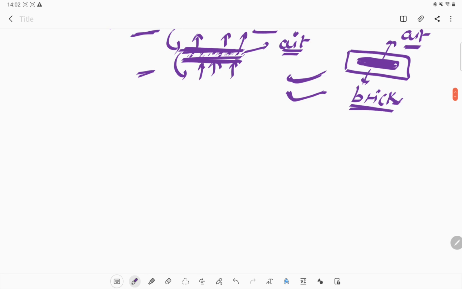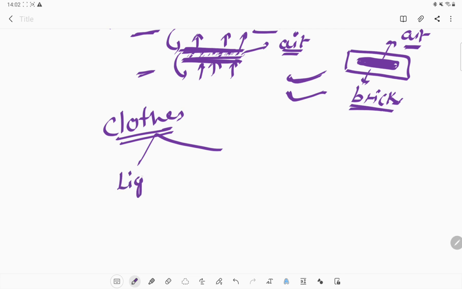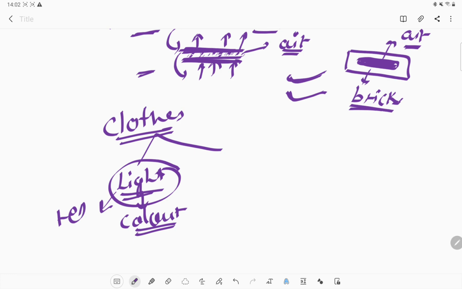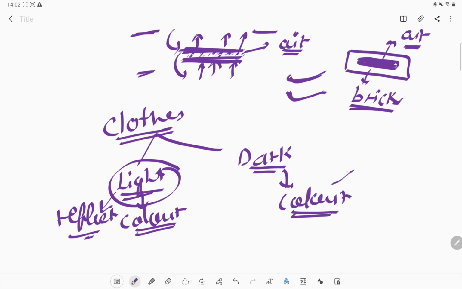Okay, or what else, we also prefer different kinds of clothes during different seasons. Like in the summer season, we use light clothes. The color should be very light. Why do we require light color? Because light color reflects most of the radiation, and dark color absorbs most of the radiation. That's why we wear dark color clothes in the winter season, because at that time we require some heat to be absorbed by our body, or we require warmth to maintain against the surrounding temperature.